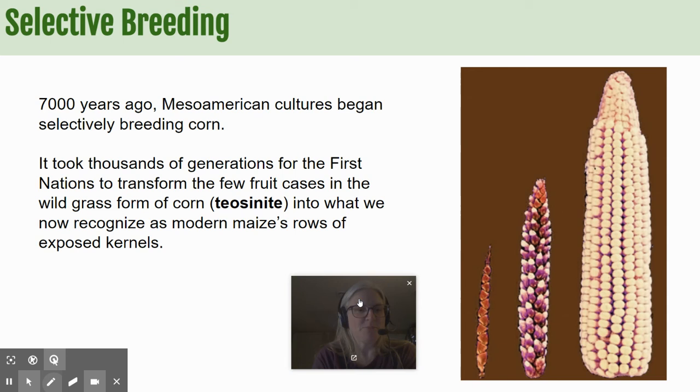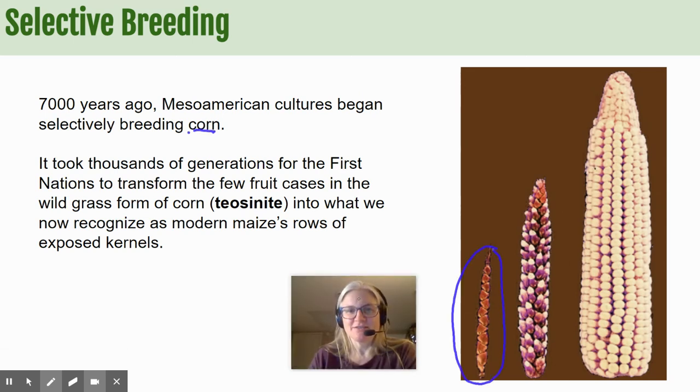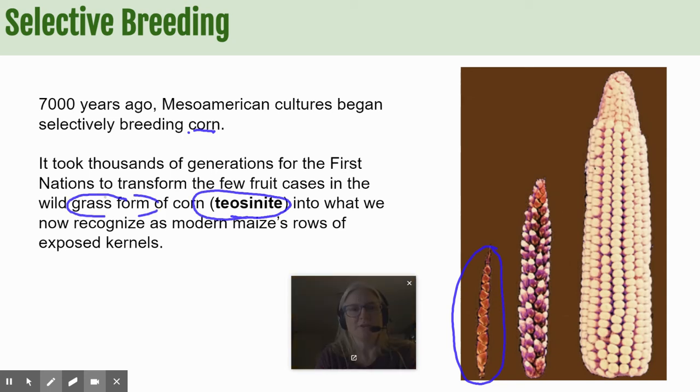So here's another example of selective breeding that has occurred over about 7,000 years. Corn used to look like this, right? So this is teosinte. It's the grass form of corn way back when. And over thousands of generations, the First Nations selectively bred corn to eventually become more like the corn that you